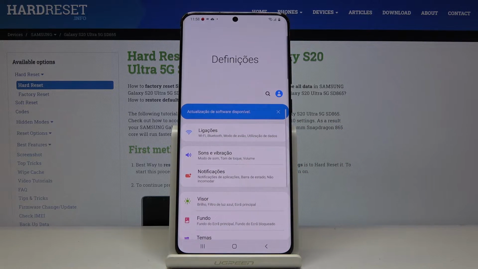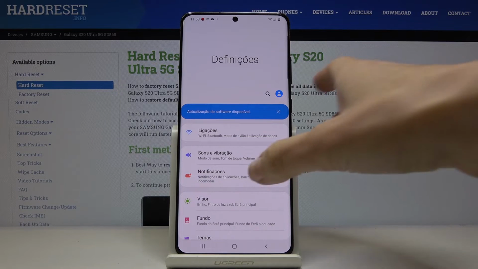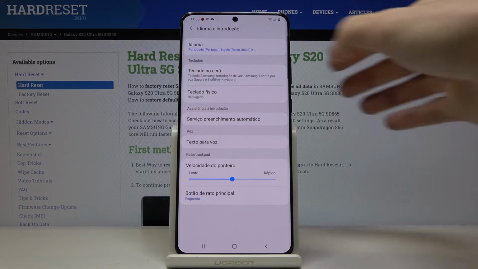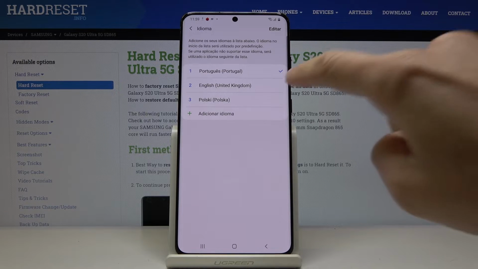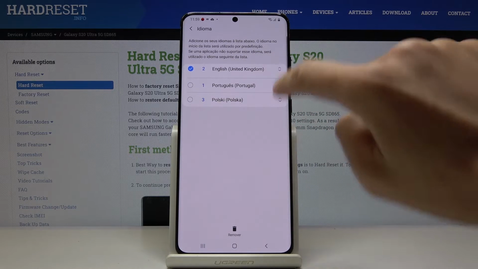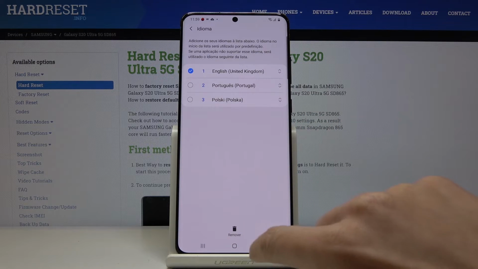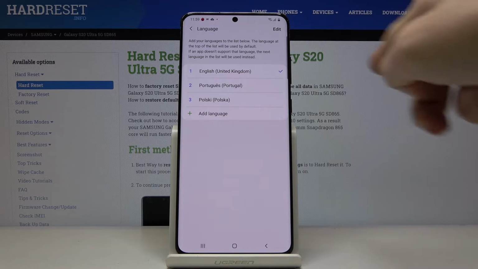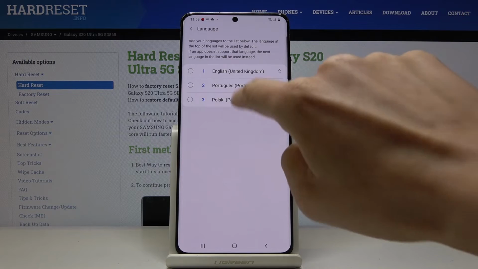Then if you'd like to go back to English or maybe change the language one more time, simply pick General Management again, go to Languages and Input, pick Languages, and now you can either slide English up to make it a default language, and now it will be done, or you can remove those languages by tapping on Edit, then select those that